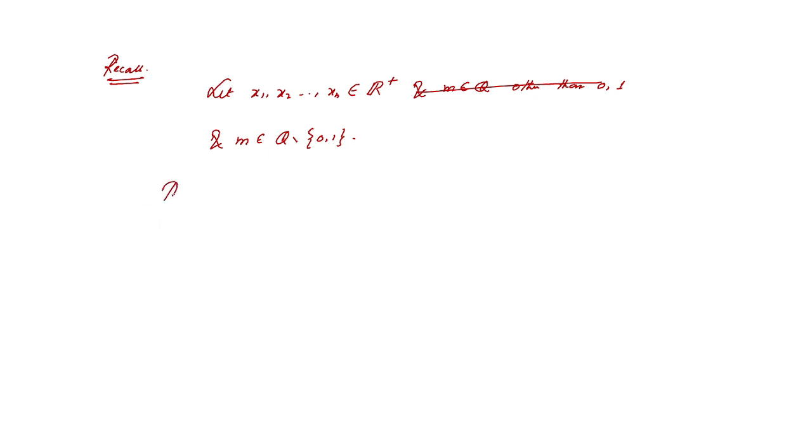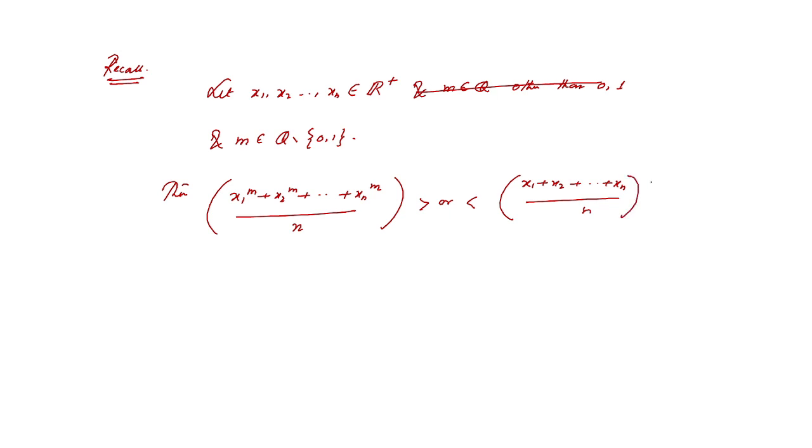So then what we can say? We can say x1 to the power m, x2 to the power m plus ... xn to the power m, mth power, and this average is greater than or less than (x1 plus x2 plus ... xn) by n whole to the power m, according as m does not or does lie between